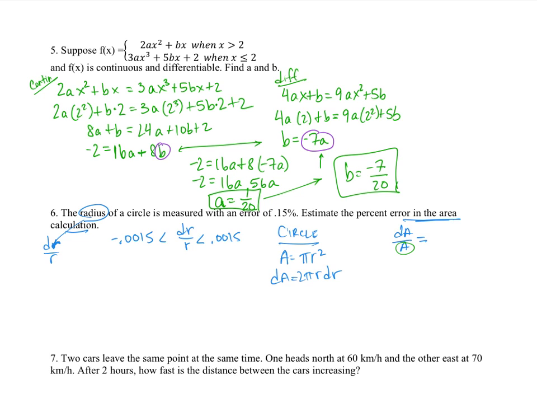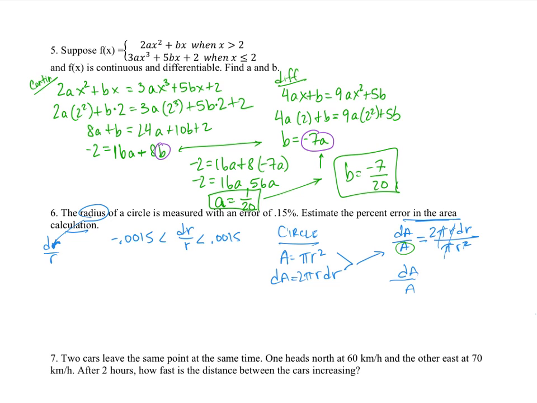So this becomes 2 pi r dr. I know what my A is, it's pi r squared. So all I did was put these two values in dA over A. We can clean this up by getting rid of these pi's. This r goes with one of those, and I'm left with dA